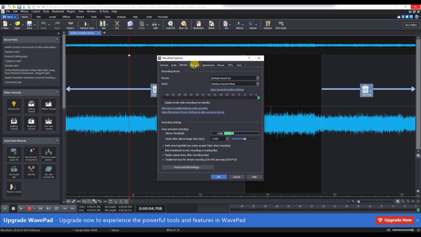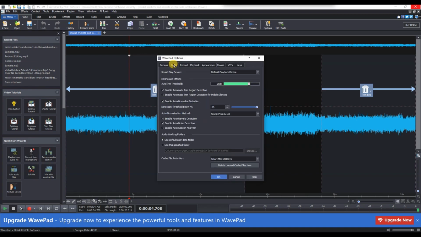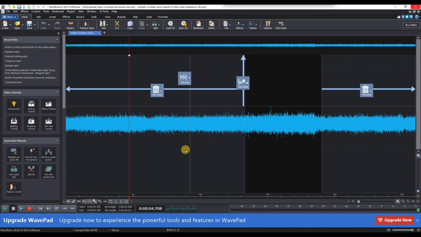device is selected. Choose your default speakers or headphones from the playback device listed. You can also try updating your audio drivers by visiting your computer or sound card manufacturer's website and downloading the latest drivers. If you have any third-party audio plugins installed in WavePad, disable them temporarily to see if they are